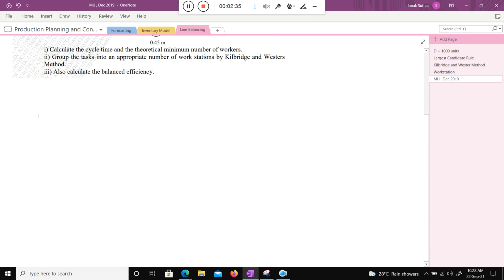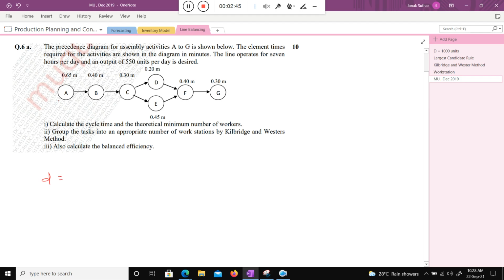The per day demand is given. If I assume it as small d, then it is 550 units. The per day demand is given.